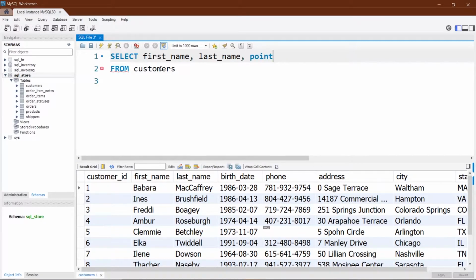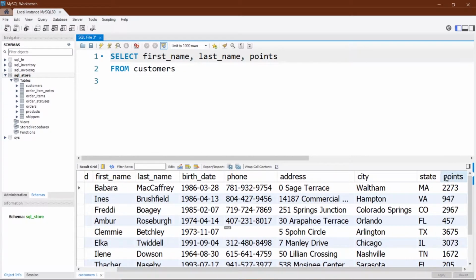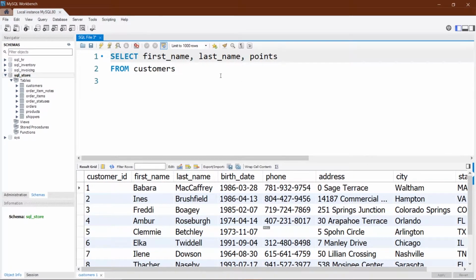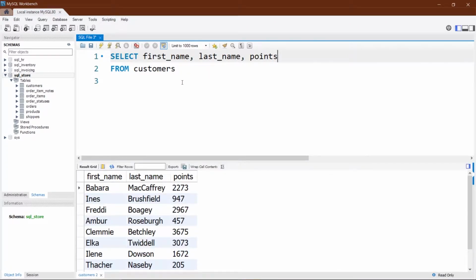So I'm going to write points. What this will do is select only the first name, the last name, and the points column in our table. If I try running it, we can see first name, last name, and points.